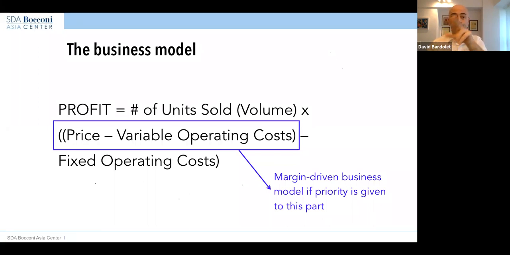So they switched. They felt like they had to switch. Now this company has to transform itself from a volume-driven business to a margin-driven business. And they have to learn a lot of new things, and they have to change a lot of their processes. Because now they have to do a lot more research and development, R&D. They have to do a lot more marketing to tell people that it's worth buying cables at this higher price. They have to increase the quality of that cable. They have to give much better service to their customers.